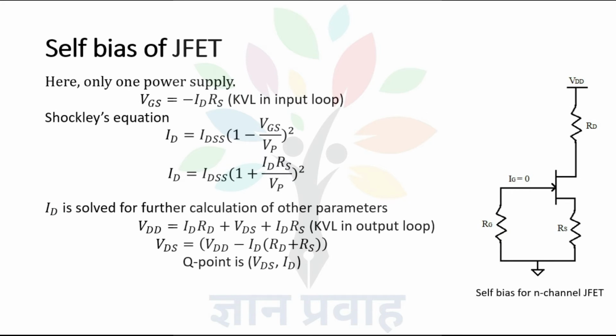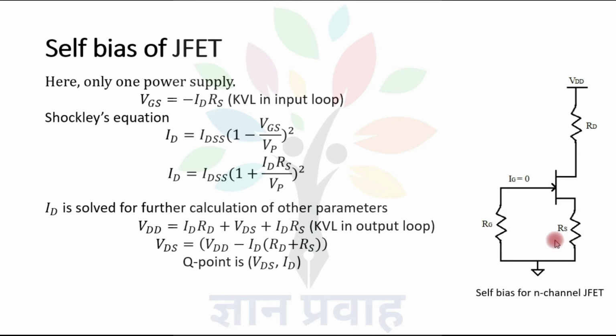Second DC biasing circuit is self-bias. And the configuration for self-bias circuit is given here. Here we are providing self-bias for N-channel JFET by using an N-channel JFET here, with one input resistance RG, one source resistance RS, and load resistance RD. Here we are not using any input biasing voltage as we have applied VGG in fixed bias configuration.